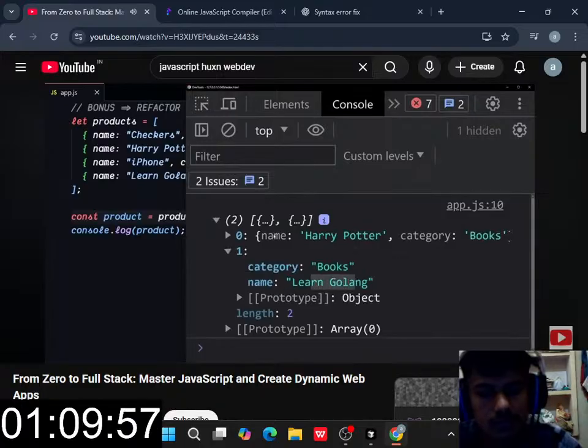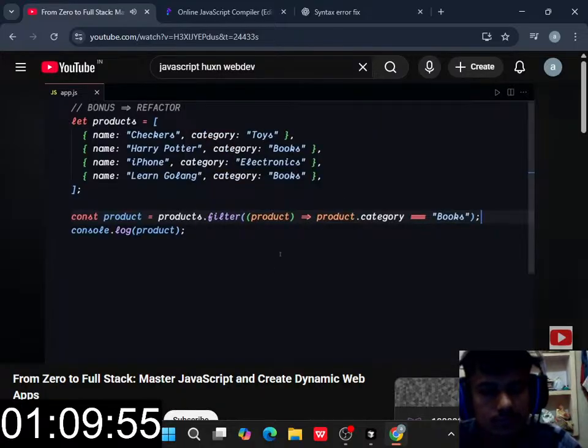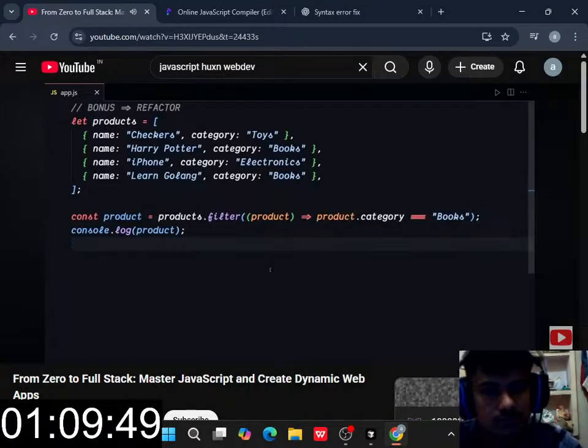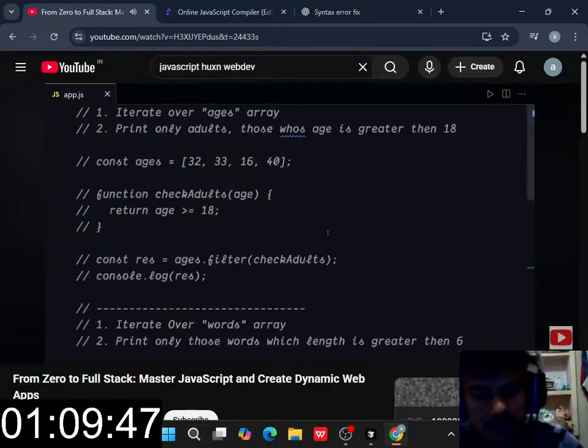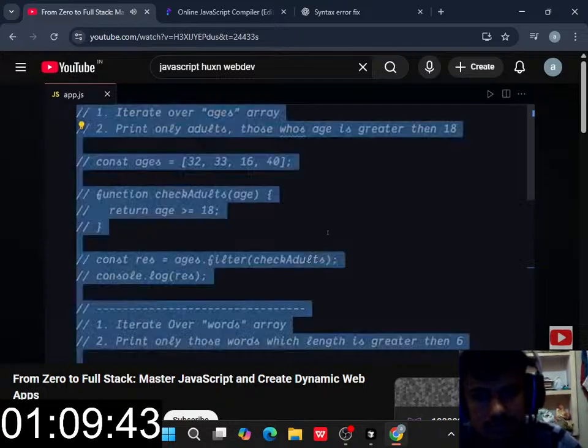programming language book as well, and it will also give us that Harry Potter one as well. So that was it about the find method in JavaScript, and next we are going to be learning about the reduce method in JavaScript. So now let's learn about the every and some methods in JavaScript, and I am about to